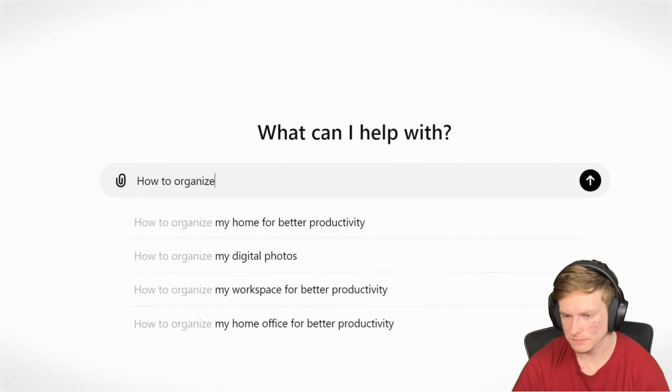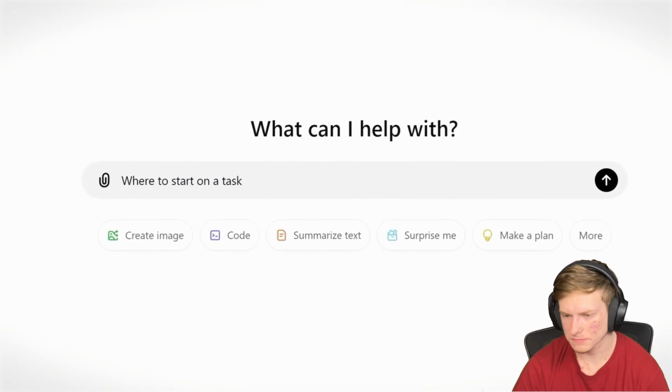Also, when I'm overwhelmed, I ask ChatGPT for a quick tip, like how to organize bullet points or where to start on a task. It helps me focus, which boosts the quality of